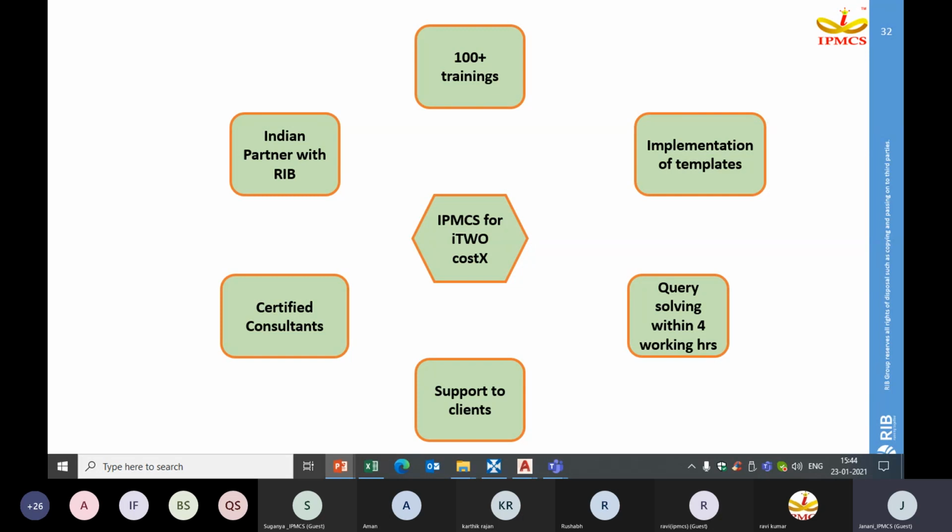We provide support to our clients for preparing templates, libraries, reports, etc. A query will be resolved within 4 working hours by a dedicated consultant, and we have handled 100-plus trainings for individuals, institutes, and corporates, and we also assist in implementing templates in Costex.